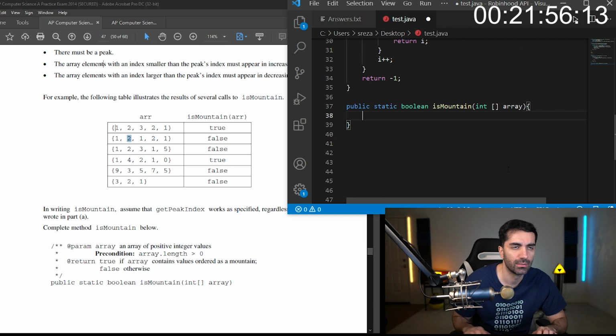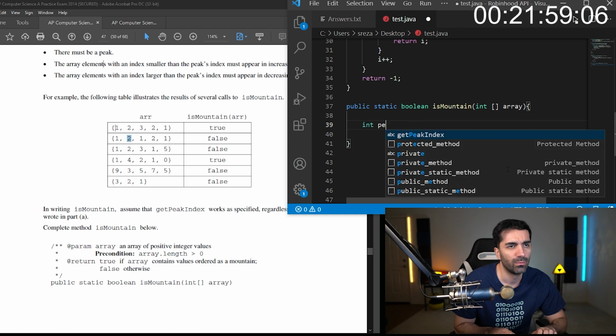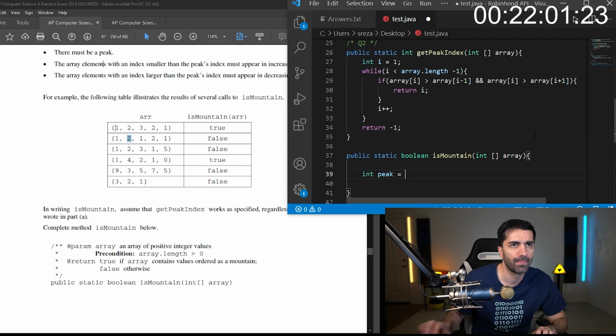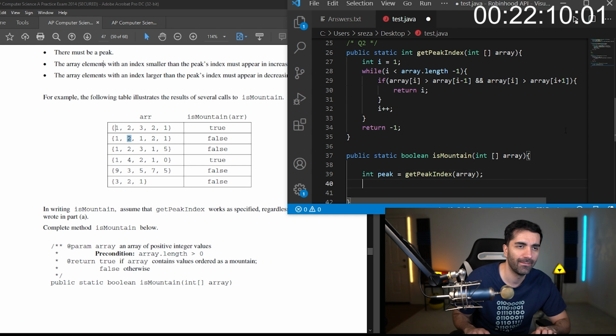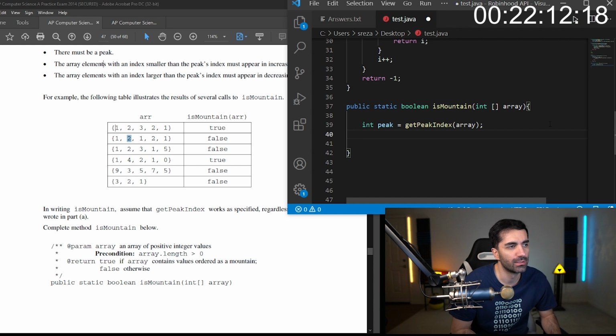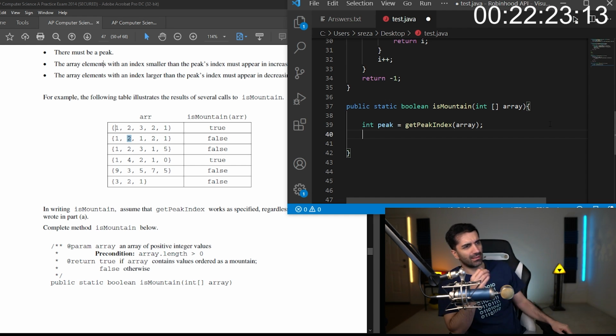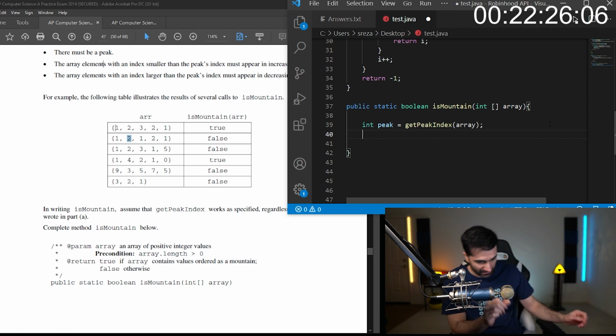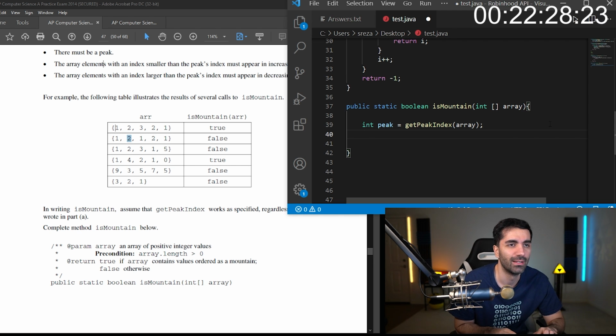Okay. So peak equals get peak index. I probably shouldn't be using autocomplete for this. And then we're going to pass an array. And then I feel like we would just want 2 for loops. Right? That's it, right? Yeah, I mean, it makes sense to me. So should we do a for loop or a while loop here?